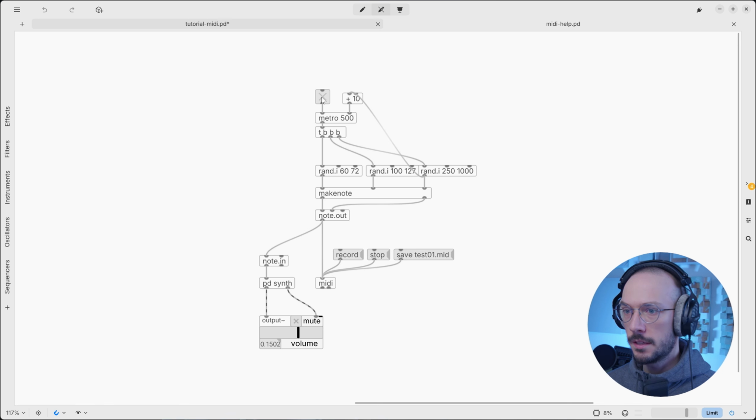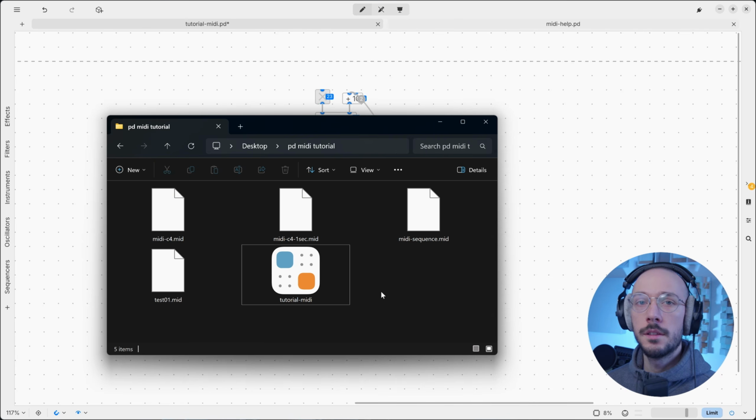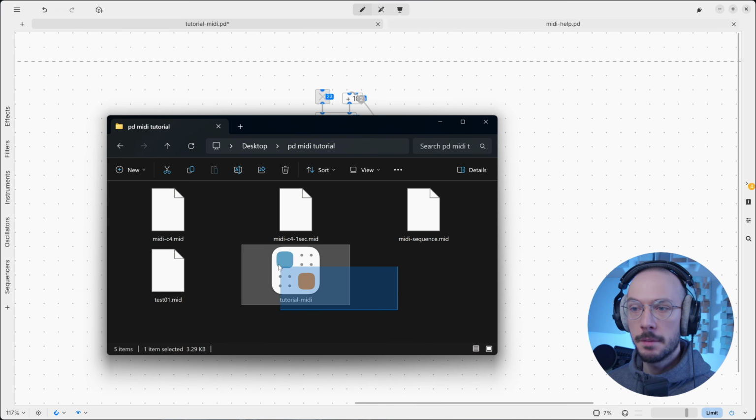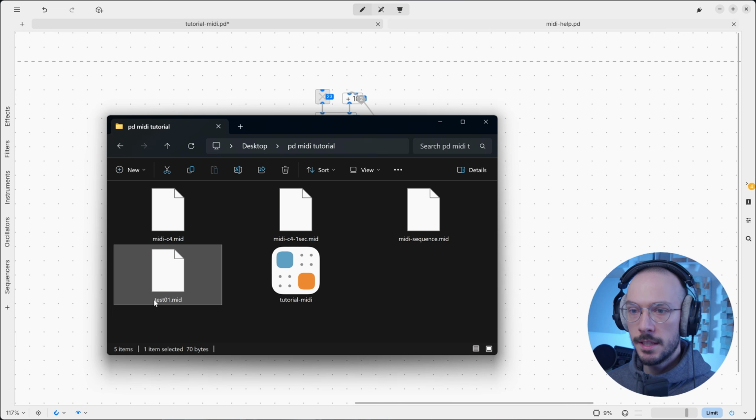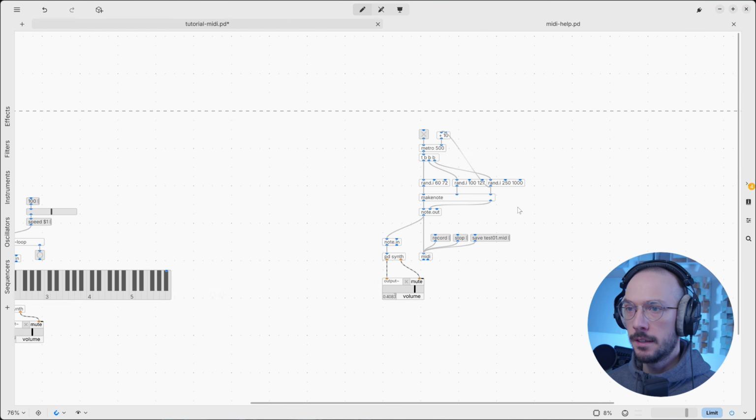Let's hit this toggle. We can press record. We can stop recording. We can stop the random note generator, and you simply need to hit save. This is the folder where I saved my patch, and here we can see the test01.mid. To play back this file,